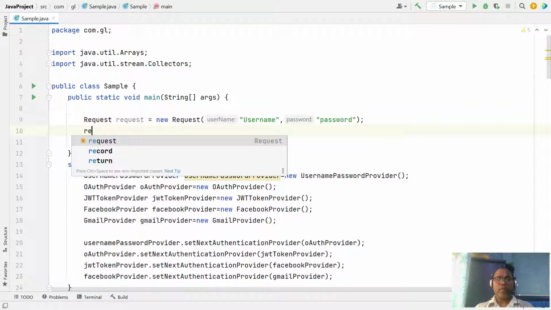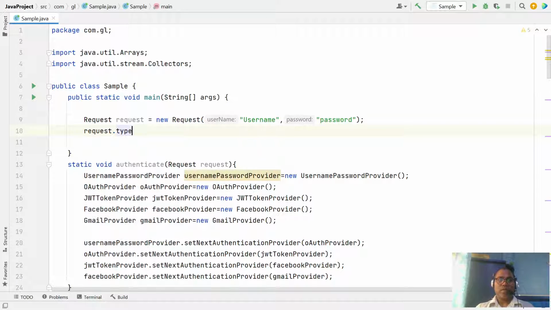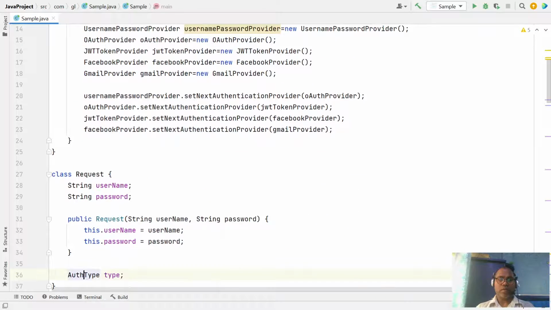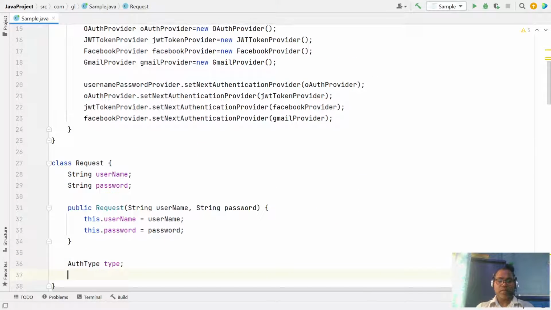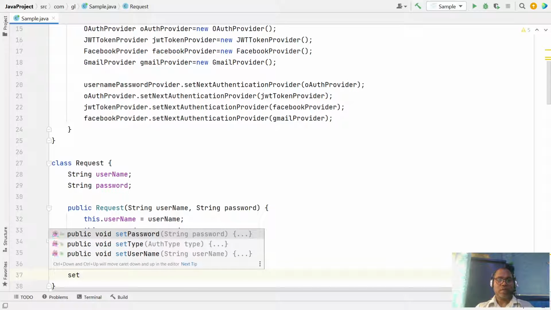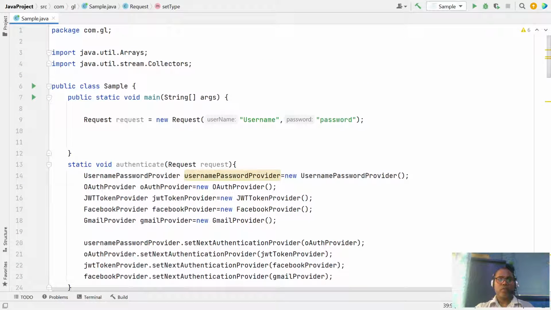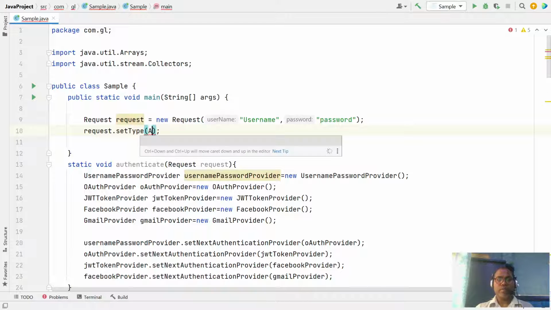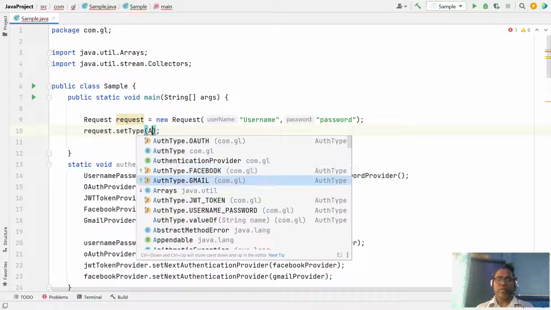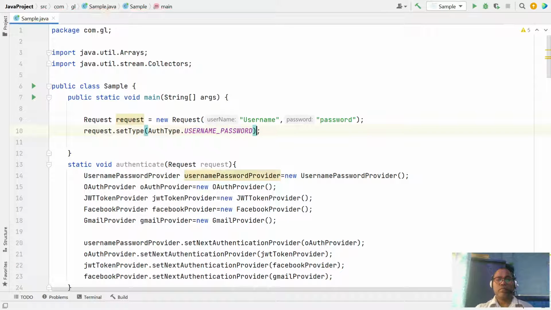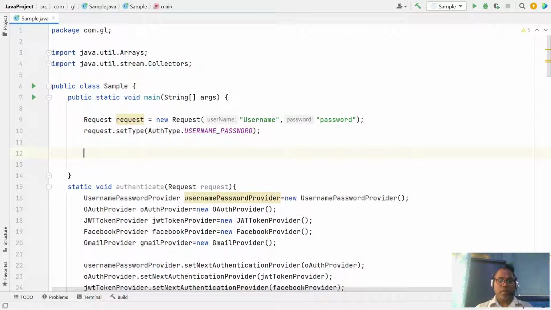Then request.setType. Here, for this request I want to set the authentication type to username password, and after that we just say authenticate my request.